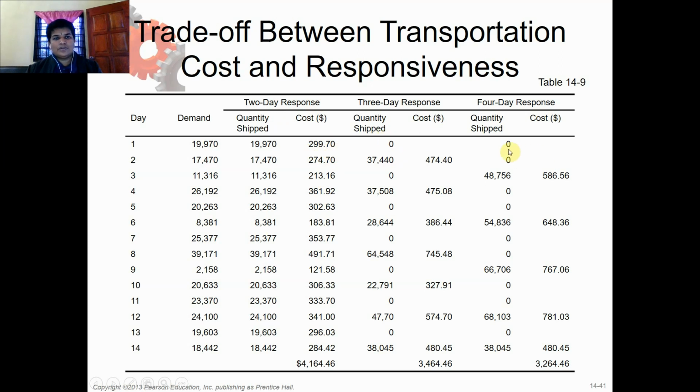Okay, see total cost is 4,164.46. Okay, so here you can see it's like 4-day response. So every 4 days they ship the product. Okay,